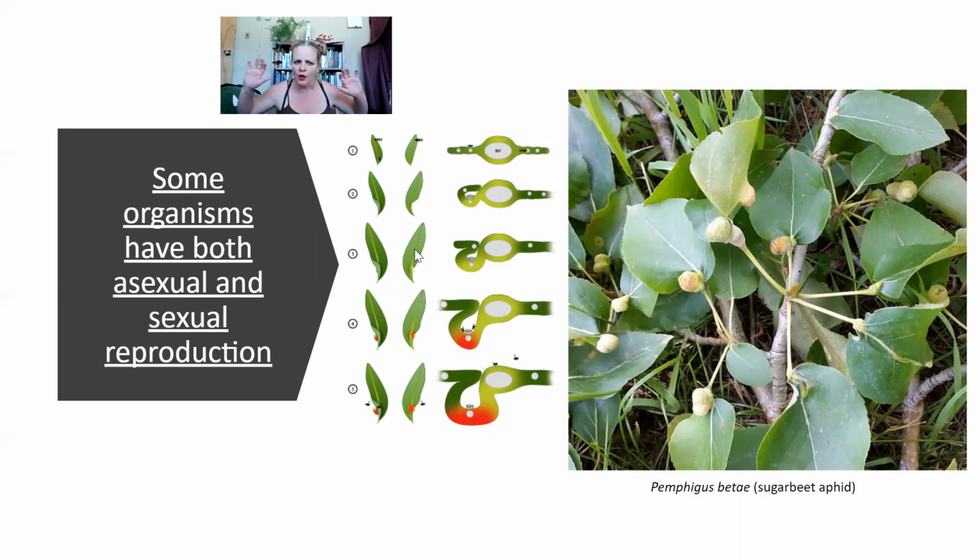And so, okay, why? Here's a great essay question. Why are you going to have asexual reproduction? We already talked about why sexual reproduction is so great. What's so great about asexual reproduction? Well, first of all, it's cheaper. You only need one person. It's easier. And inside of this gall, do you think that is going to be a stable environment, or is that going to vary a lot? It's going to be pretty stable. It's going to be pretty consistent inside of that.